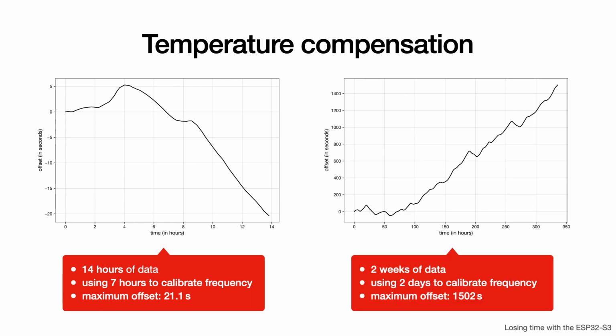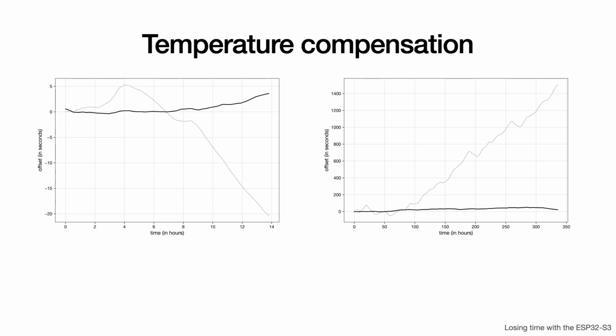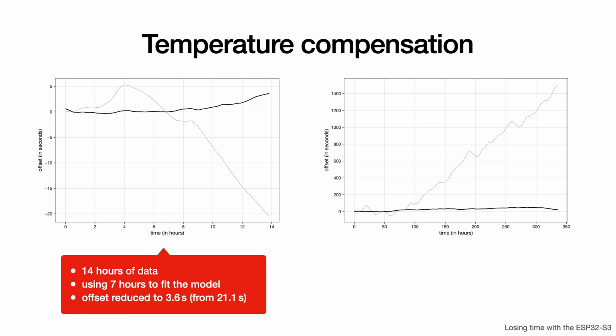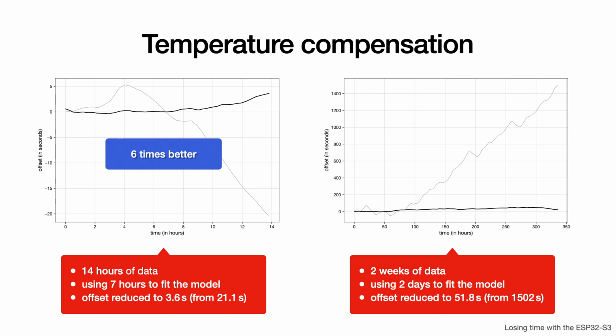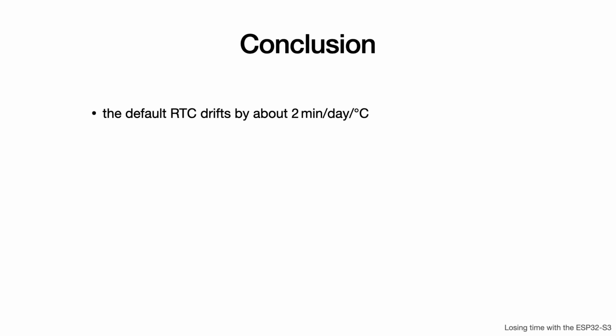On the right, I collected 2 weeks of data and used the first 2 days for the improved calibration. This had an offset of around 25 minutes. After temperature compensation, the offset on the left reduces to 3.6 seconds, a 6-fold improvement. And on the right, the offset reduces to 52 seconds, which is a 30-fold improvement. Wow! In conclusion, the default RTC of the ESP32-S3 drifts by around 2 minutes per day for every 1 degree